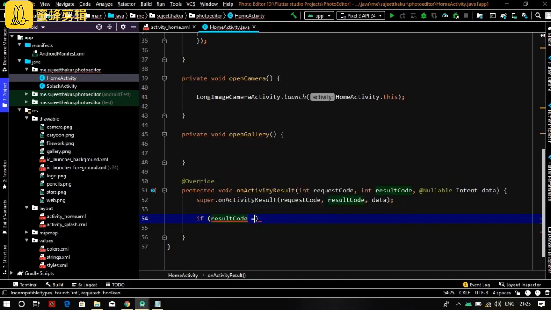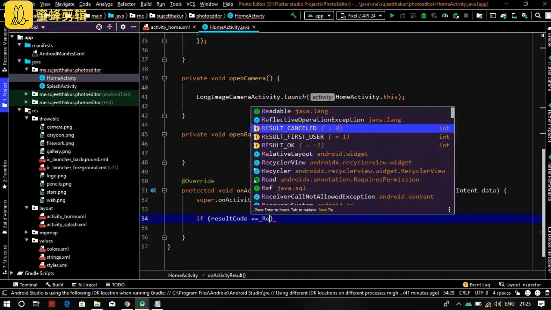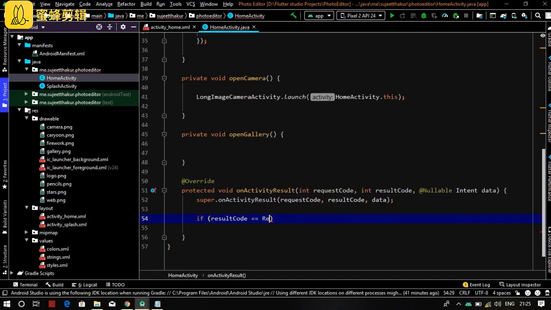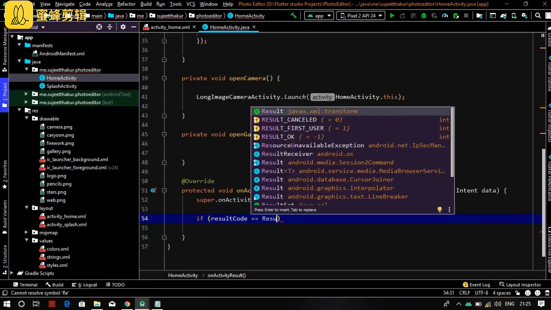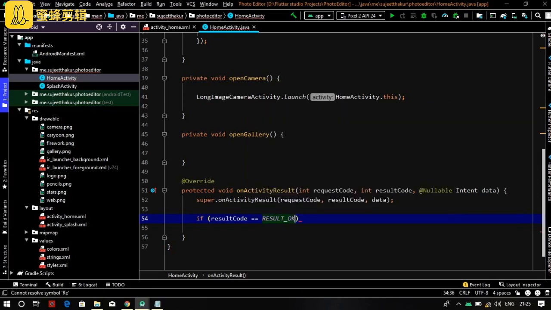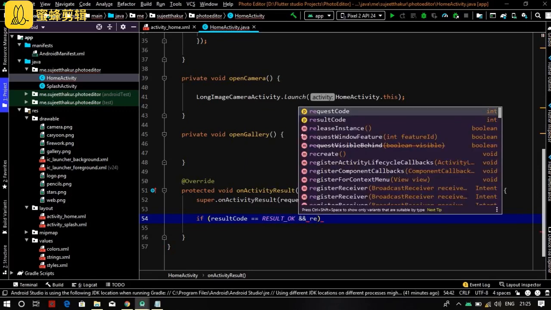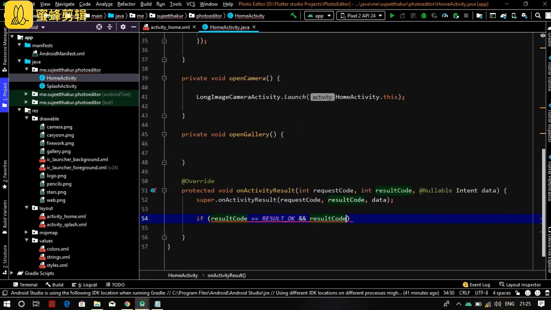Okay, so we will write a condition here, if result code equals to result. No, it's not result code.